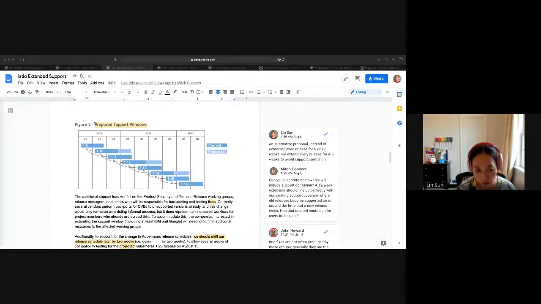I think it's effectively similar workload for us, and it would reduce a lot of confusion around which releases are supported longer, which releases are shorter, and people still have a 4 to 6 week window to upgrade if they want to do a skip version upgrade by moving to the next version. So I think that would reduce a lot of confusion around releases and which release supports which windows.